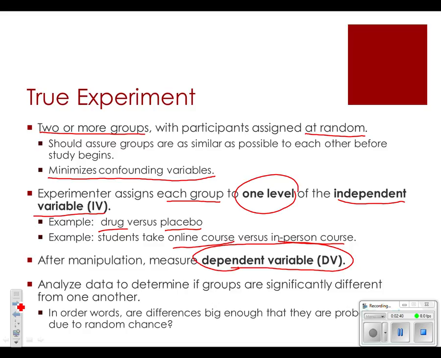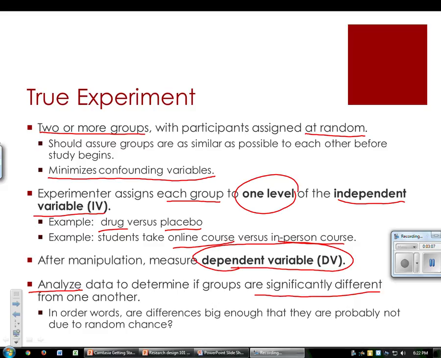Then you do statistical analysis to determine if the groups are significantly different from each other. And depending on what statistical test you're doing, the criteria may be different. We remember the criteria in our lab study where it was if they were more than one standard deviation apart. But again, what this